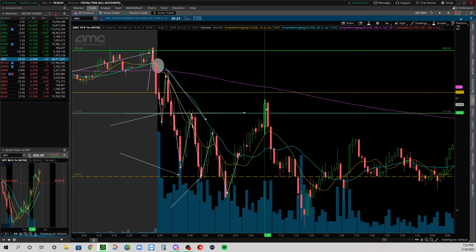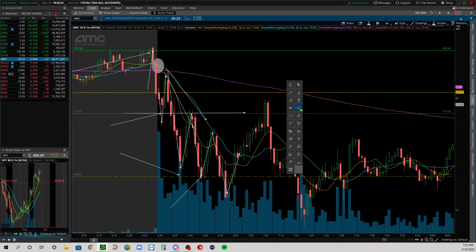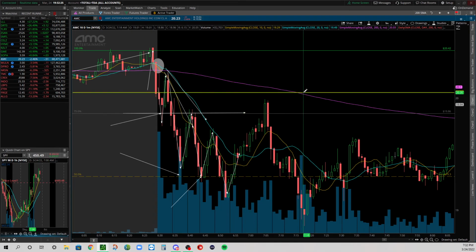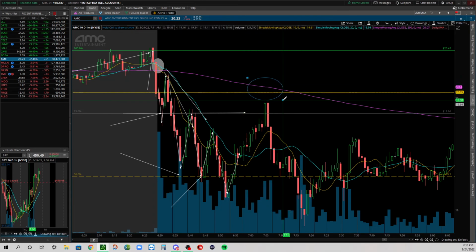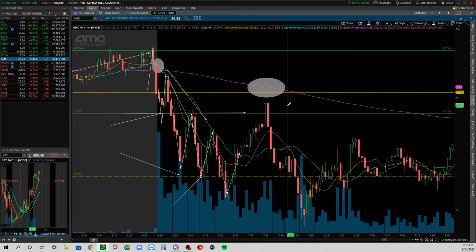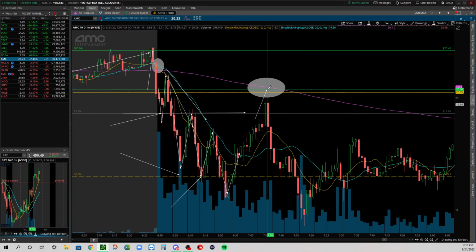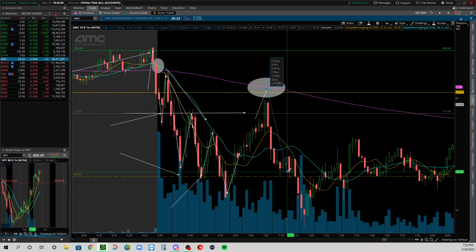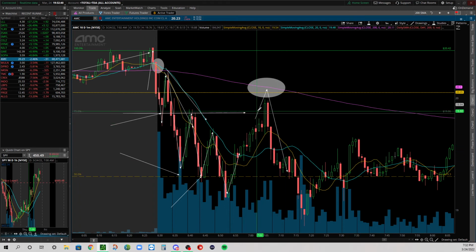Look at this. It tried to break through, but we know there's resistance right here on this quadrant line, and you have the 200 approaching. Even if this pushed up to here, I'm going to short it at this level again for a potential downside further here, okay? Because we know that